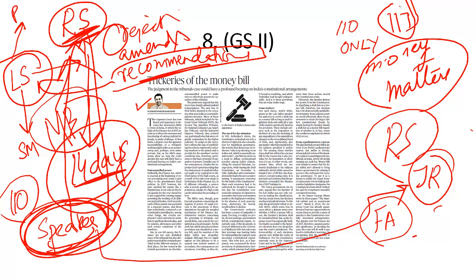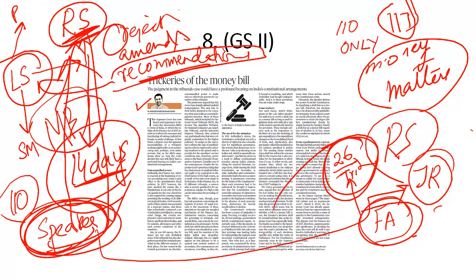So when this finance bill was passed at the time of the budget, what did the government do? The government changed the working of 26 tribunals or judicial bodies in this country. So the question asked was, how can the government pass a money bill to change the working of 26 judicial bodies or quasi-judicial bodies or tribunals? Because such a bill can in no way be deemed a money bill, because the money bill's definition is clear under Article 110: any bill which deals only with money matters. But how can a money bill, in this case the Finance Act, change the working and functions of 26 tribunals?